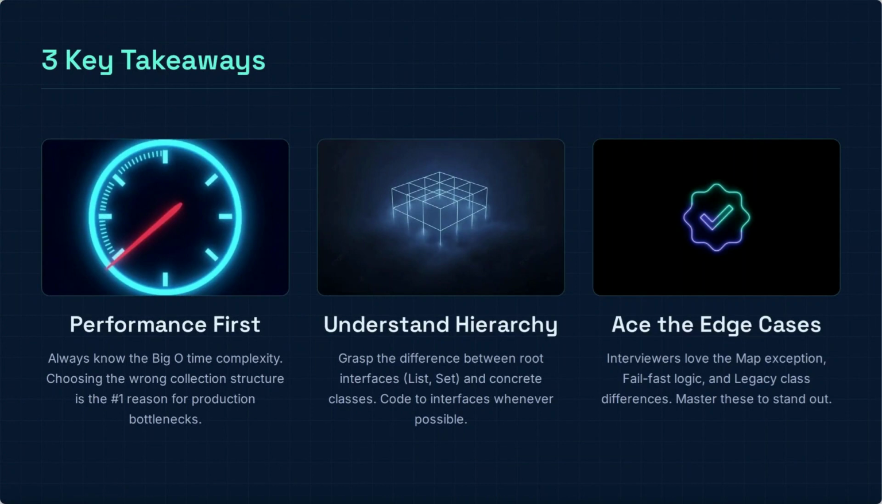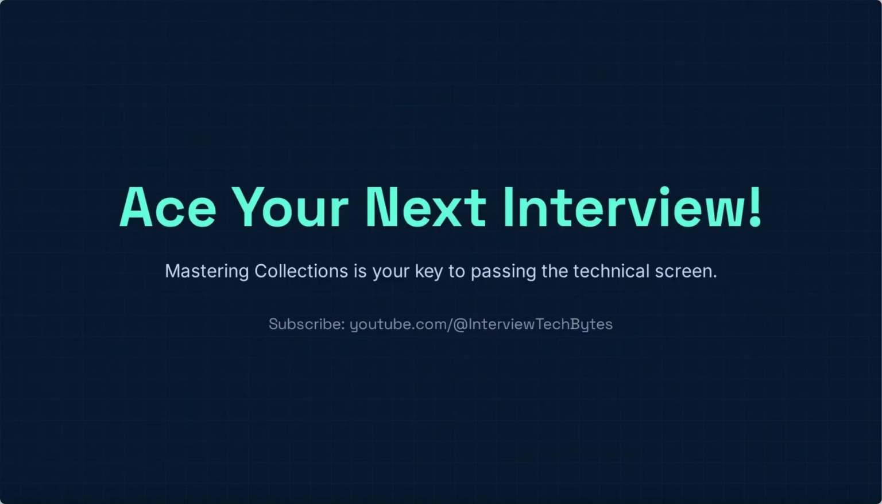First, performance first. Always know the big O time complexity. Choosing the wrong collection structure is the #1 reason for production bottlenecks. Second, understand the hierarchy. Grasp the difference between root interfaces like list and set, and their concrete classes. Code to interfaces whenever possible. Third, ace the edge cases. Interviewers love the map exception, fail-fast logic, and